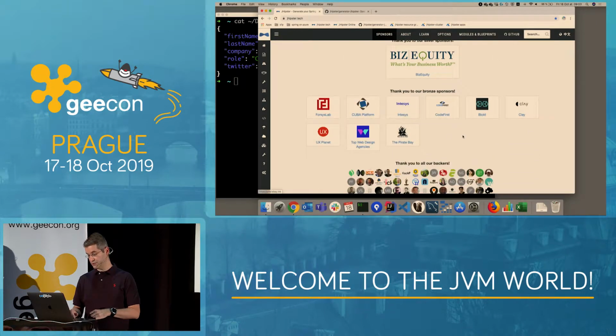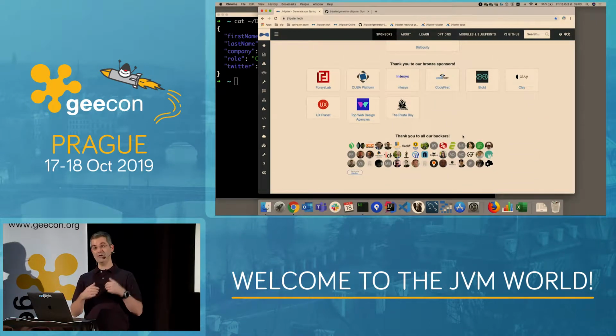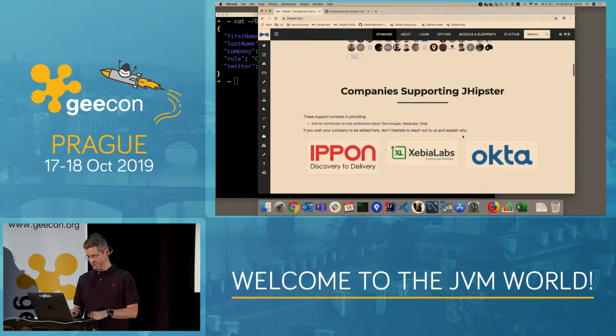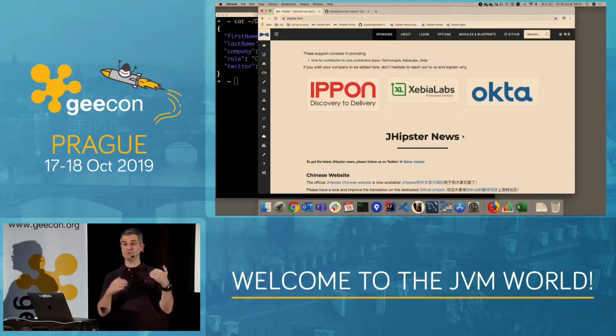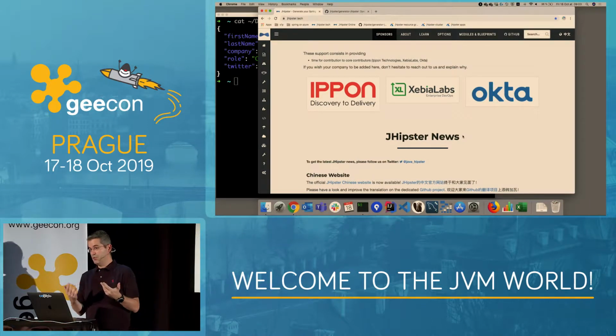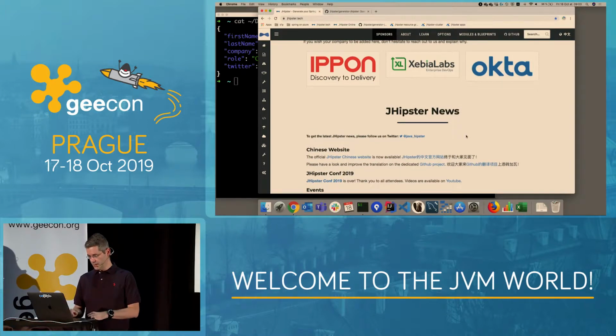So if you want either to contribute or if you want to make money, you're welcome. It's part of the deal. We've also got companies who are sponsoring GeeCipster by giving manpower. For example, Ipon is providing trainees every year. I don't know how many trainees this year, I think it's four people. So those companies are also helping the project in other ways.